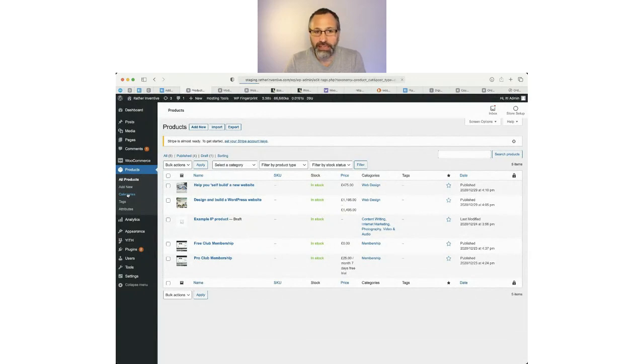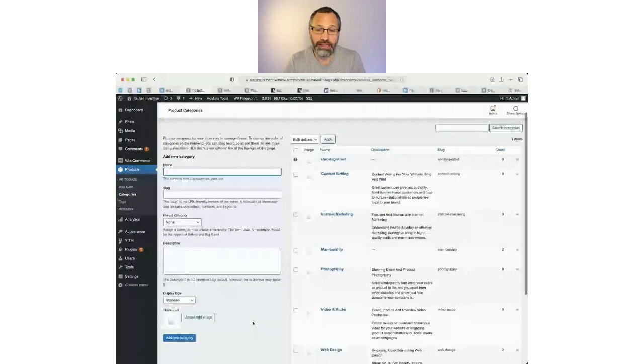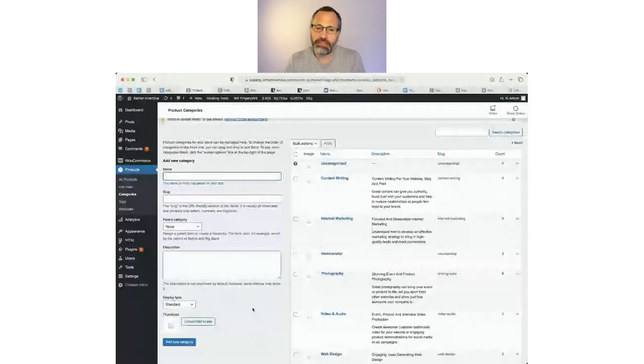if you want to edit the categories, you can go into categories here and then add new categories in. It's very similar to adding categories for blog posts, frankly, completely similar. You can just add a new category here. The only difference is that you can add thumbnails for each category,